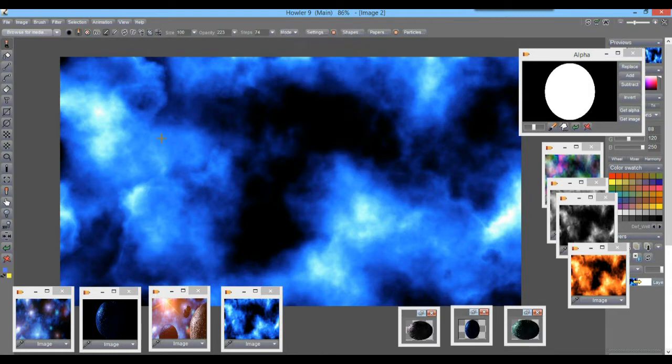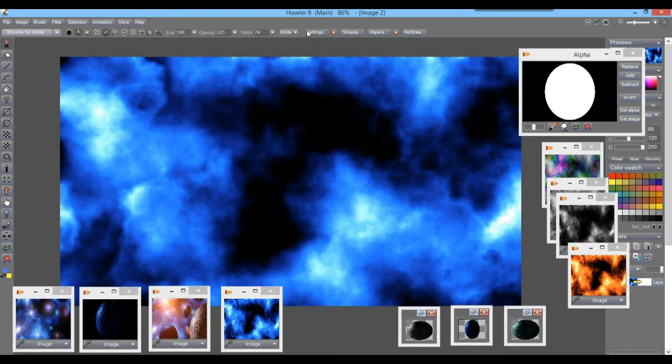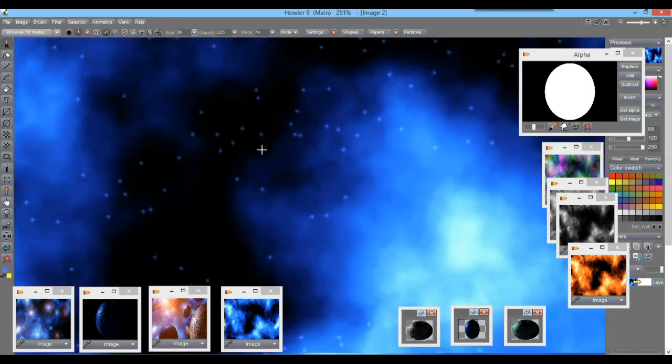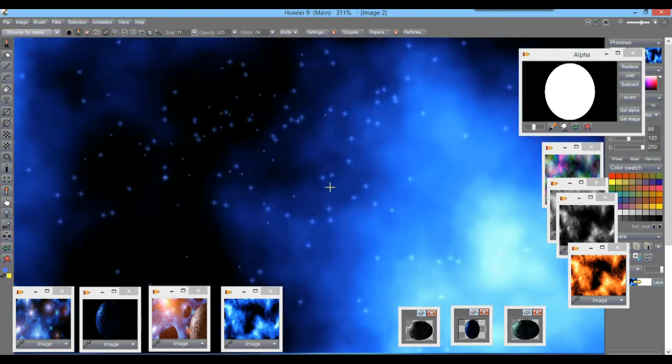Oh, it already is, right? So that way when you keep painting over it, it keeps getting brighter and brighter when it hits one that's already there. Right, so you can create clusters and you can create just sprinkles of stars. This is where you can also change the size and make just a great amount of very small stars and even more of them. So don't hesitate to make a good set of really small stars here all over,